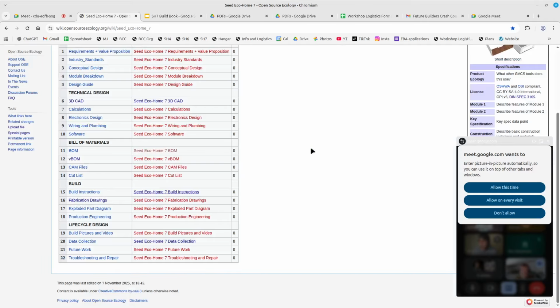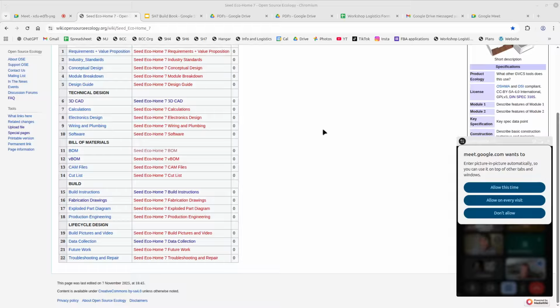So one of the tasks we can start doing, when you make your file, is call it appropriately. Call it wall module 1. What's it called in a CAD file? I'm going to open up the CAD file right now. It's probably not called that. Here it is. I'm booting up